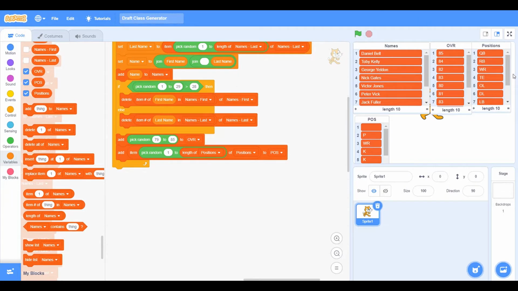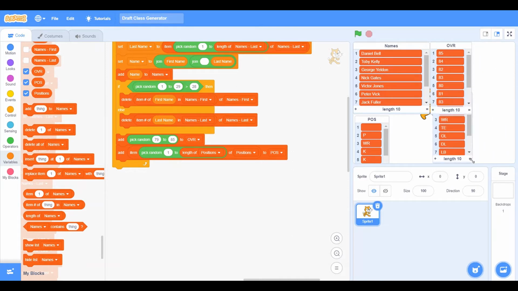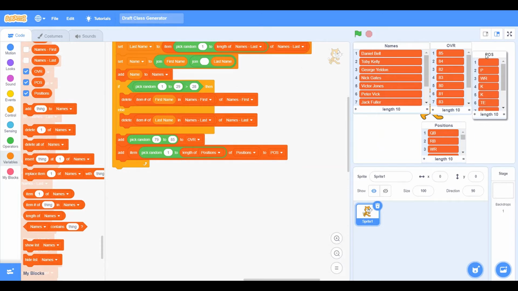So, because this has a length of 10, but that's not all what they are. So what we're going to do is take positions and move it down here. And we're going to have it down here, and we're going to put this up here. Now, as you can see, it has a blank spot up there, which is kind of awkward. Now, let's actually try, let's say, make it again. Well, we only have 10 people, and now we have 10, or 20 actually, we have 10 more, 20 of